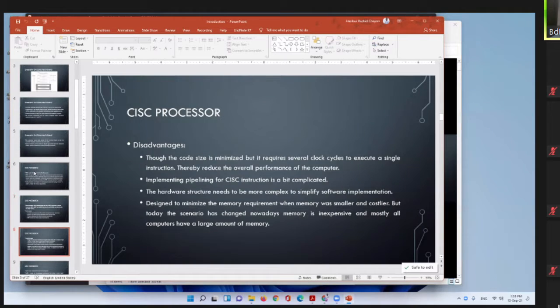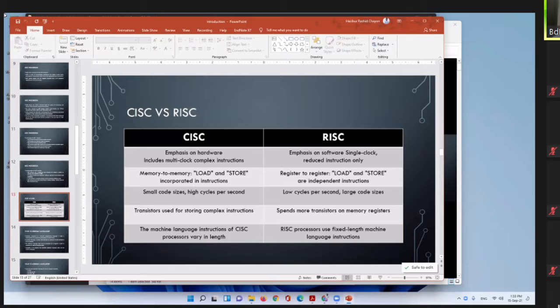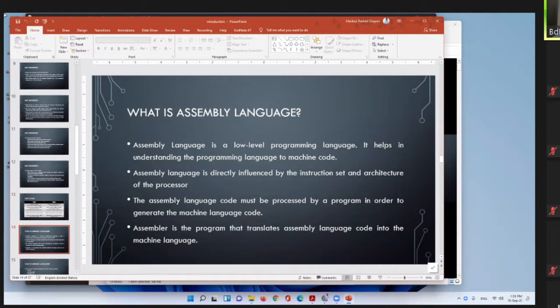So CISC and RISC processor: advantage, disadvantage, features, examples of CISC and RISC processor, then the difference between CISC and RISC processor, then of course